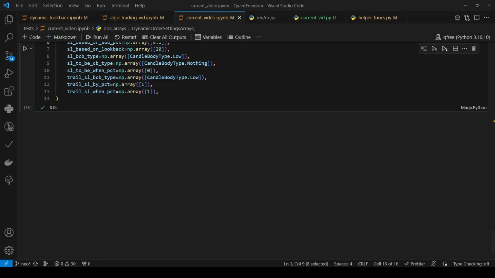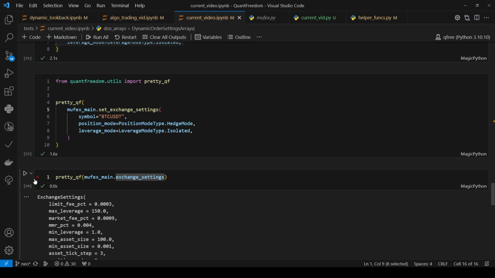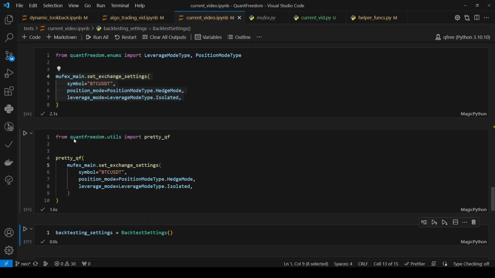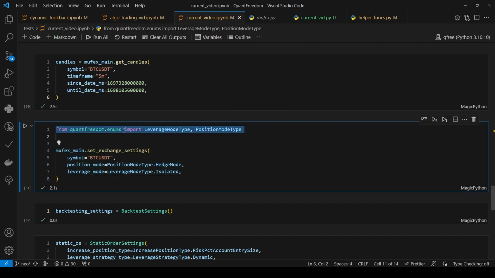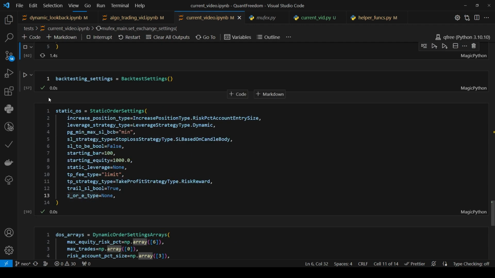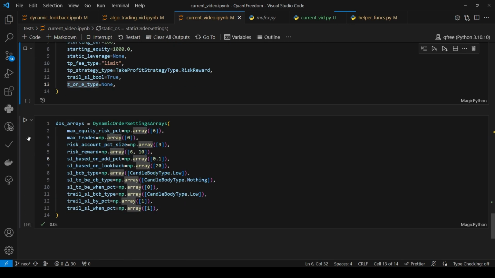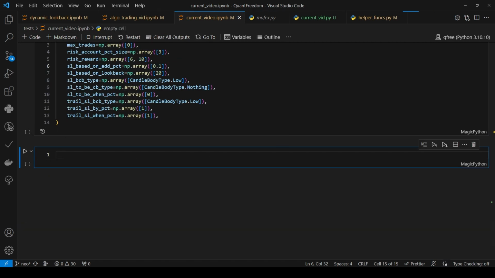So now that we have all of that, we need to actually run the backtest here. Okay, so we have our candles that I'm downloading. We've got our order settings. We've got our backtest settings. We've got our static order settings. We've got our dynamic order settings. All right, next thing we need to do is we need to run